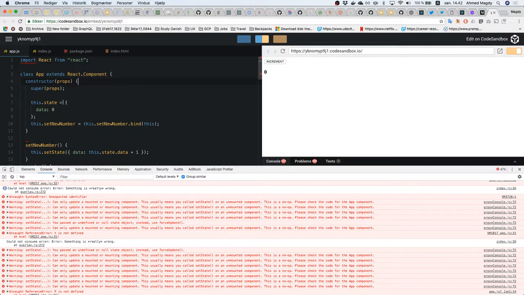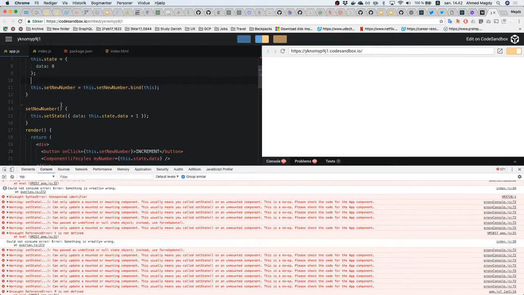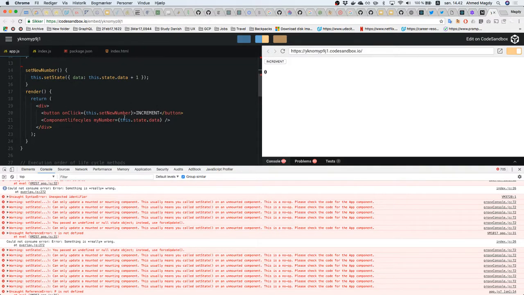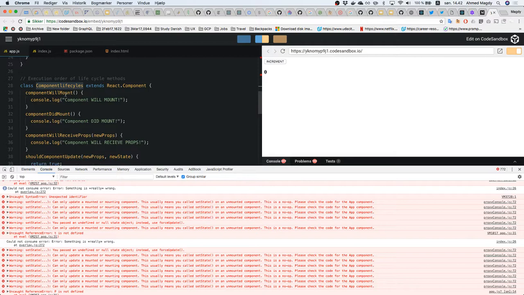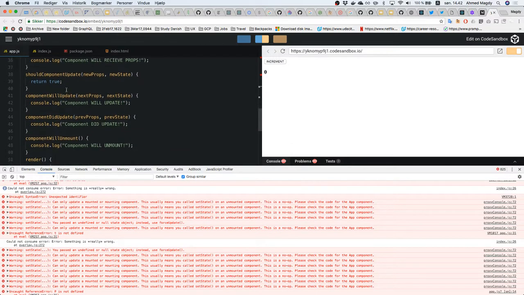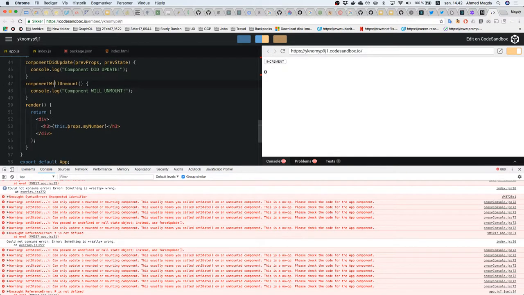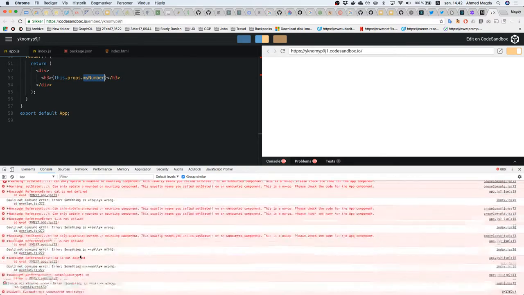So we have the constructor with the props and the state that sets data to 0, and setting props with the pine, and then setData data + 1. And then we're rendering this. We're in the MyNumber component lifecycles. And here we have will mount, did mount, will receive props, should update, will update, did update. Props with MyNumber. So here it was saying